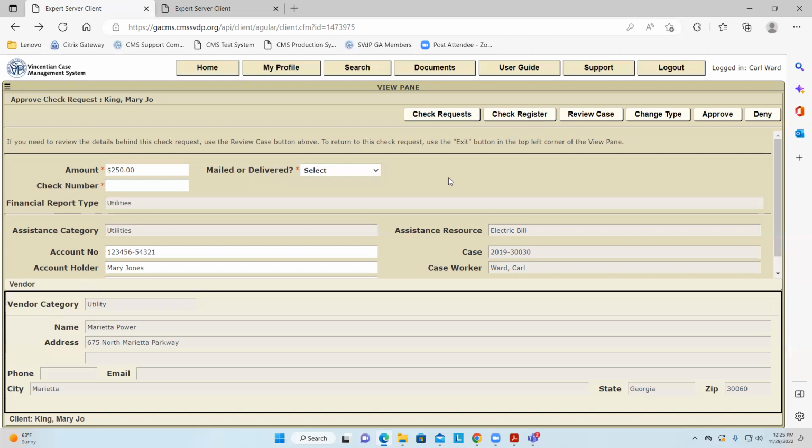Right, there's another way. Sorry, I wasn't specific. You did say that in your chat. I need to think about where else we might be able to perform that magic. You can't do it here, as you found out, Anne Marie. You can't just change the type and think that you'd be able to change the resource. You can change the type and that's it. I have to think about where else, maybe when I get over to check register, let me look around there. Why don't you hold that one? Good question though, very good.